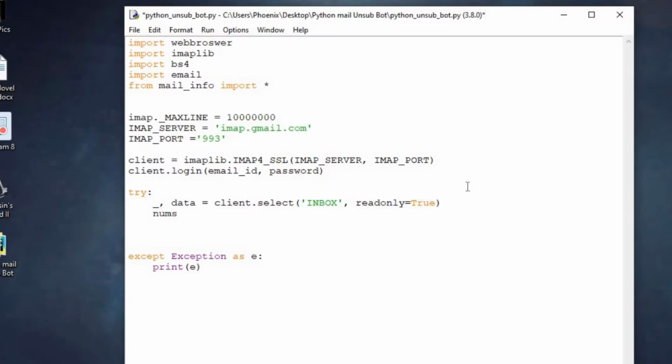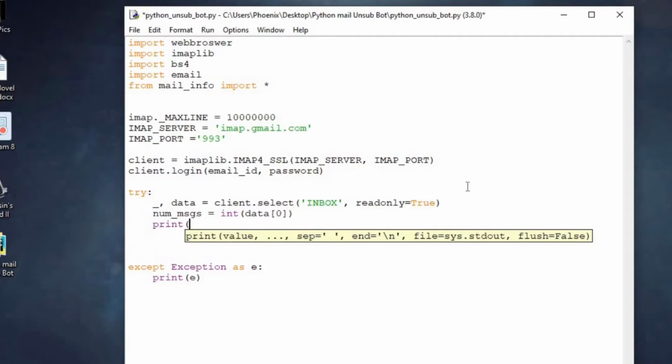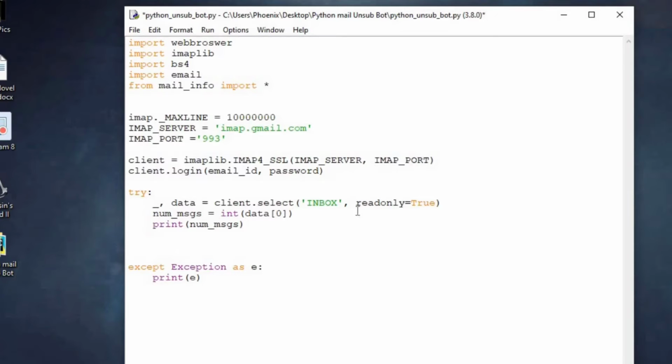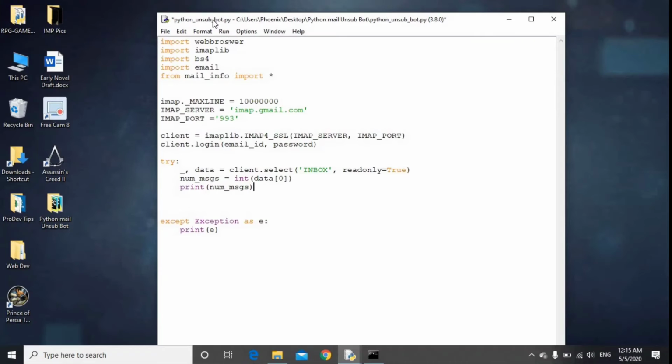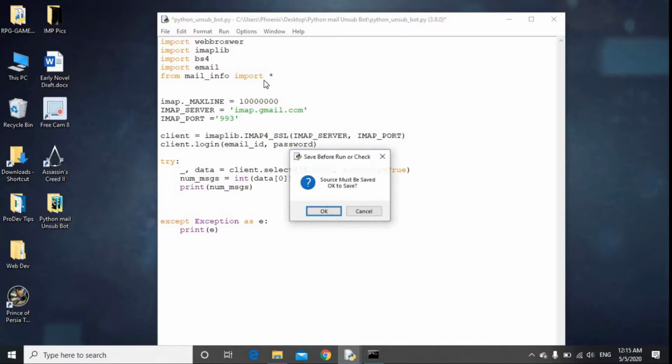And then from this data we can extract the number of messages we have. So let's say number of messages, and let's say int of data of 0. That's where the messages are stored. Now if we try printing this, we should be seeing the number of messages in my inbox, the one that I just showed you guys. So if I run this now,